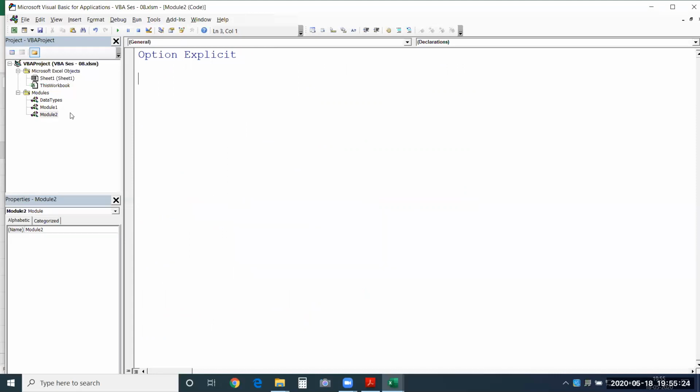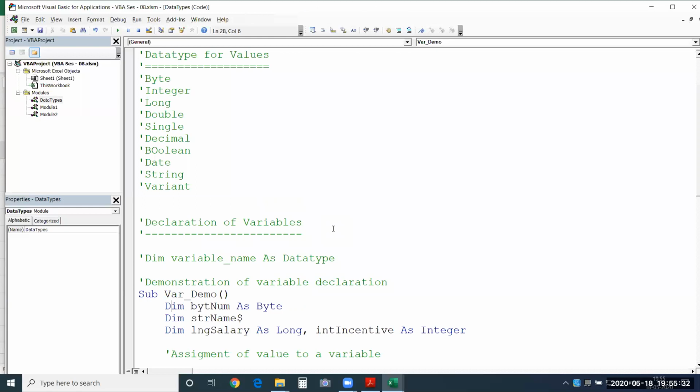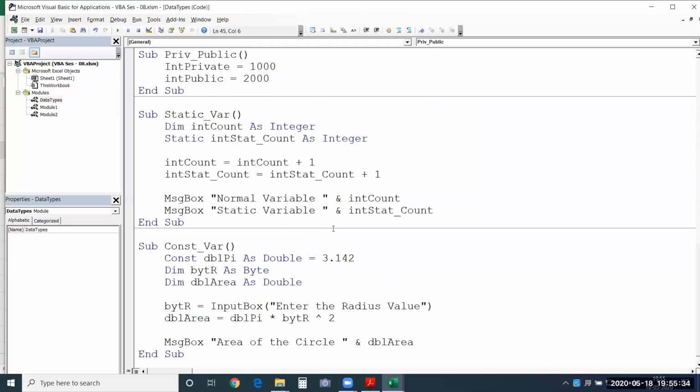So these are the advantages and a must, I can say, because it is going to save you a lot of time in searching for these misspelled variables. And what happens is when you don't declare any variable and use it straight away, all those will be a variant type.